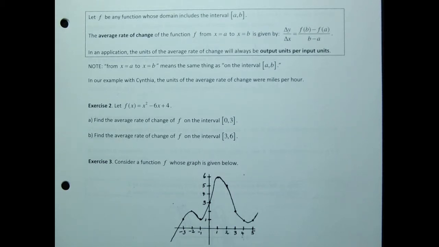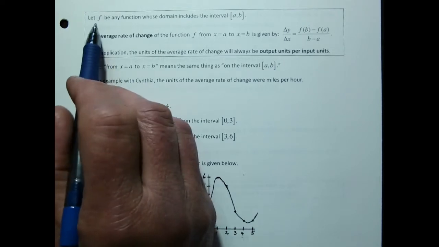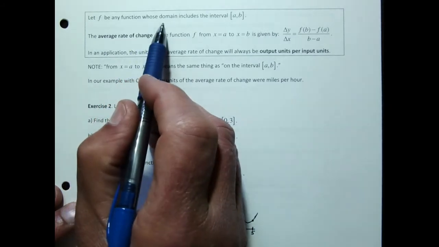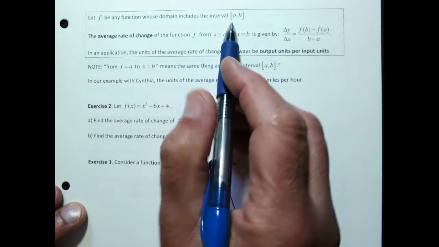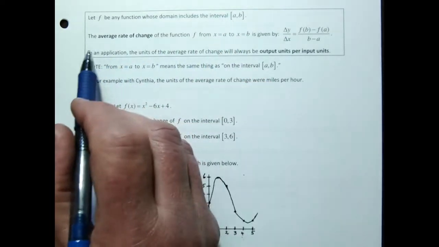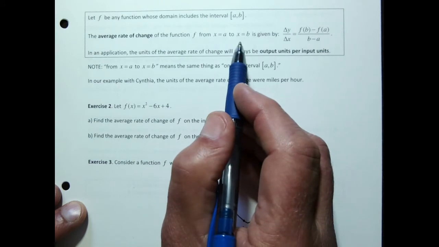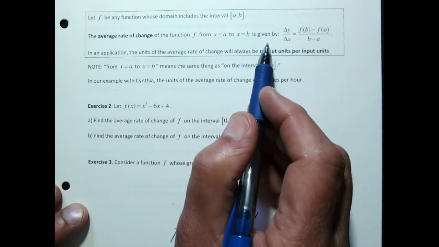So we are continuing with our average rate of change handout, and after that Cynthia driving from LA to Stockton example, we're going to look at the general formula for average rate of change. So let f be any function whose domain includes the interval from a to b, that's an interval of x values. The average rate of change of the function f from x equals a to x equals b is given